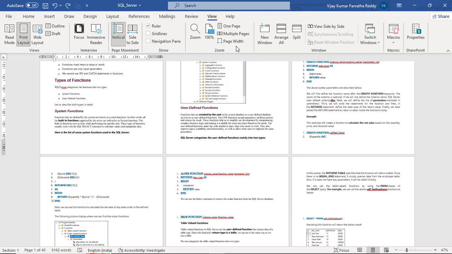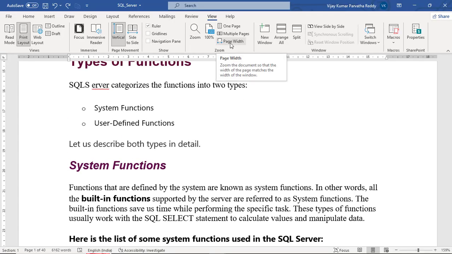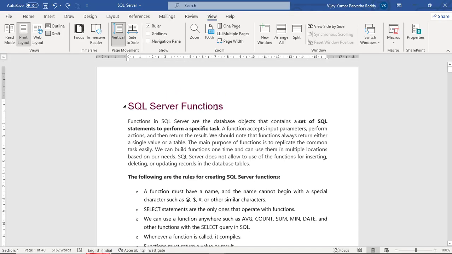And we have the page width option also. So just see, it zooms widely up to the entire area of the window. Okay, like this you can arrange or view your document according to your requirement, and you can follow the different views per your convenience. Okay,